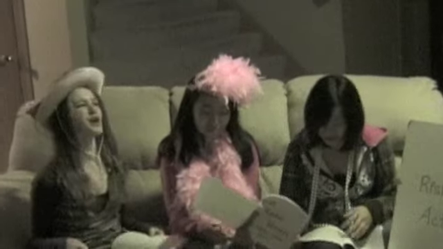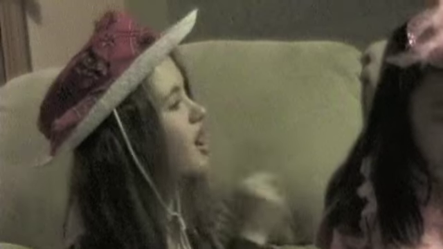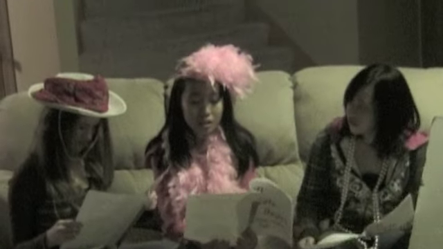Next in the plot line would be the climax. Lila, explain to me what the climax would be and why. The climax would be when the narrator suffocates the old man by putting the heavy bed over him so that she doesn't have to see that terrible eye ever again. This would be the climax because it is the solution to the conflict. You are on a roll. The falling actions are next. There are 2, so Ashley, go ahead.